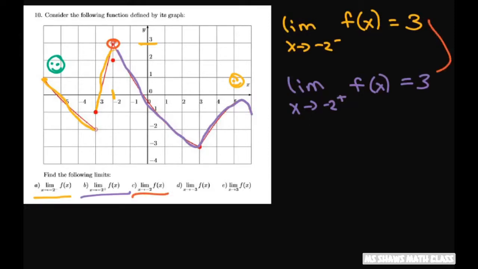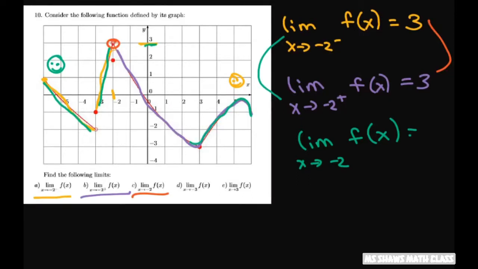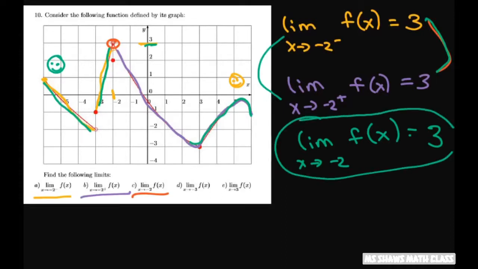And then when you see something like this, it's the limit as x approaches -2 of f of x. Now if you get a problem like this, that means you have to do both the left and right hand side, which we already did. So we went from the left and we came at 3, and we came from the right side and we also met up at 3. If these two are equal, then this limit will also be whatever they equal to,